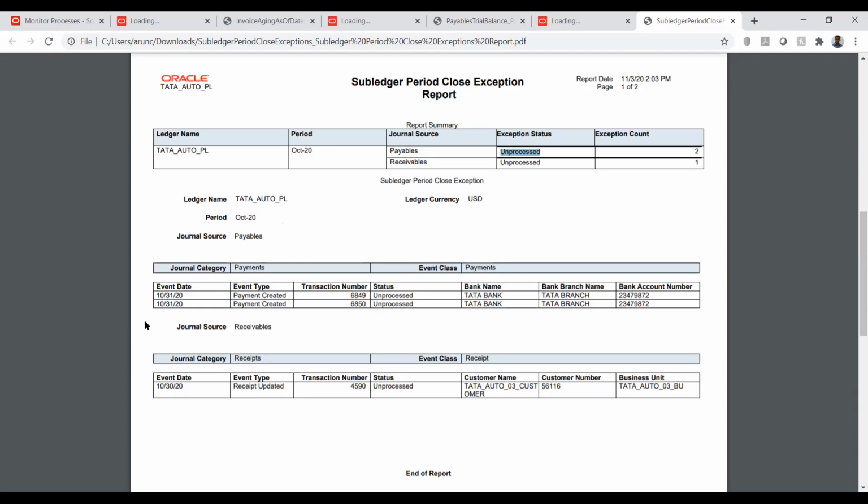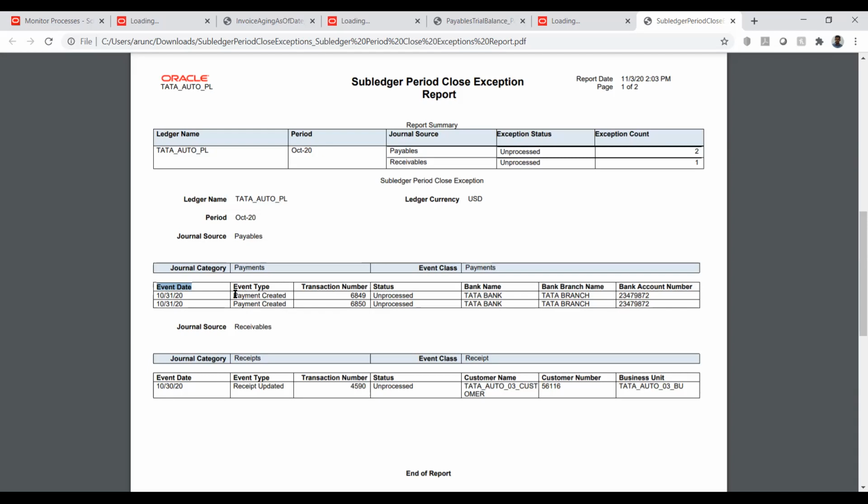Okay. And here, if you see, we will have the event date and event IDs. So this is basically the subledger SLA term, subledger accounting term. Whatever transaction that we are creating, either it is invoice, payment, or applying this payment, or credit memo, debit memo, or the prepayment application, everything is an event. So SLA will consider this as an event date and event type. In this case, ours is payment.